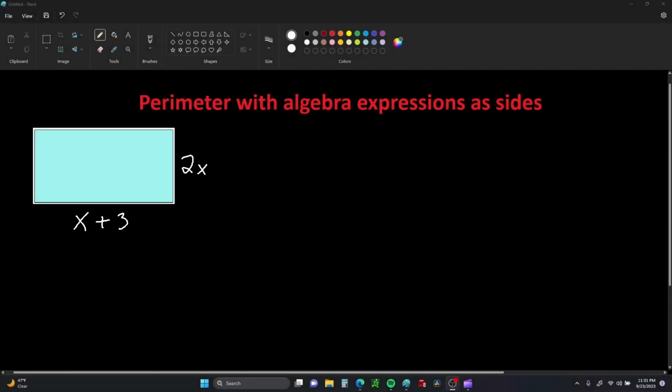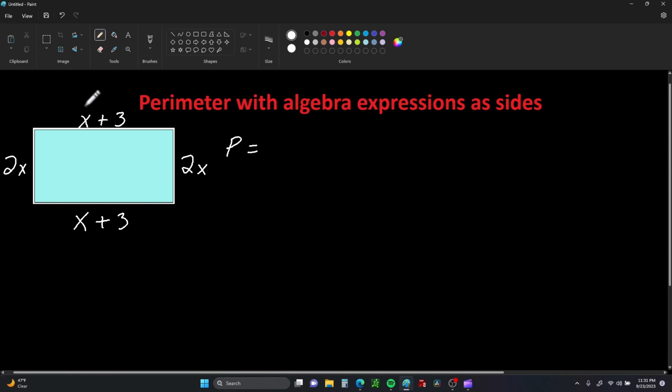We have a rectangle and the sides are given with algebra expressions. To find the perimeter, we have to add up all four sides. And if all four sides are not marked, you would just simply fill in what the values are for the other two sides here. And then I'm going to put perimeter equals,